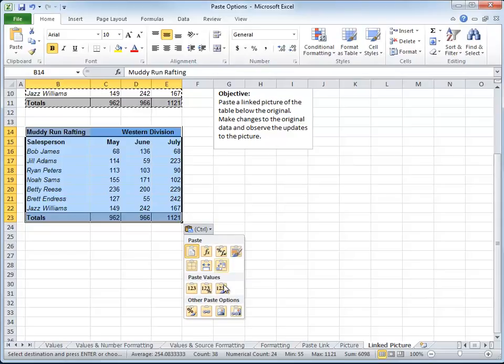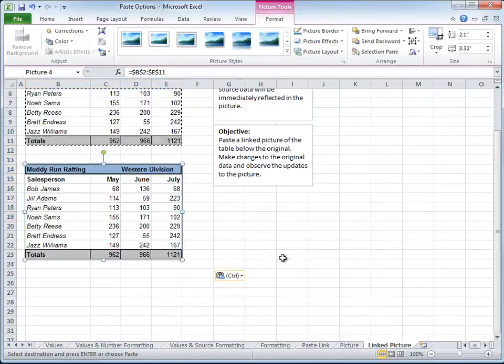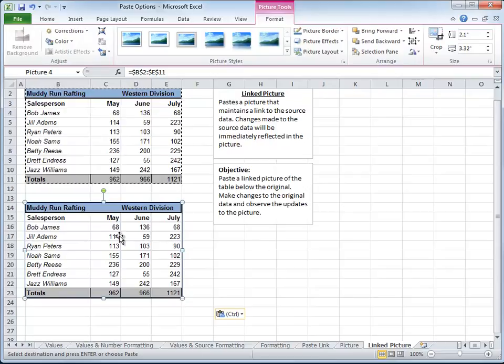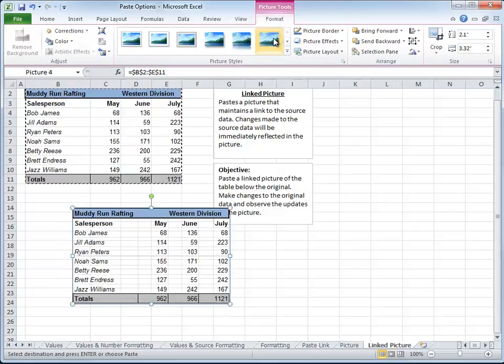We'll go to the Paste Options button and choose Linked Picture. Now it looks just like the original data, doesn't it? But in fact, this is a picture. We can apply picture formatting to it. If we go to the Picture Tools,